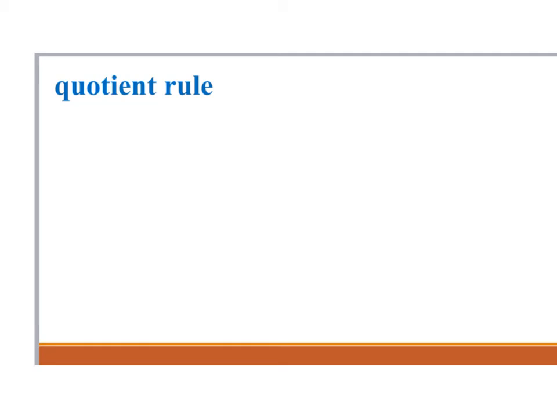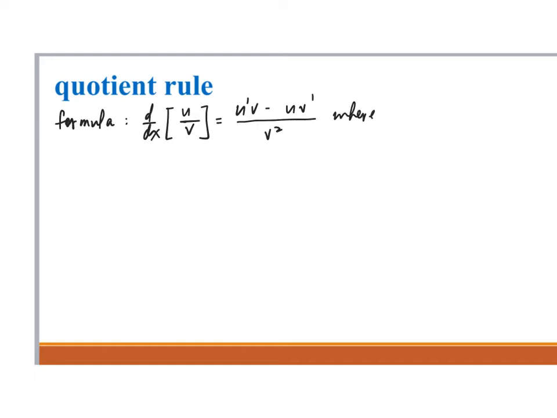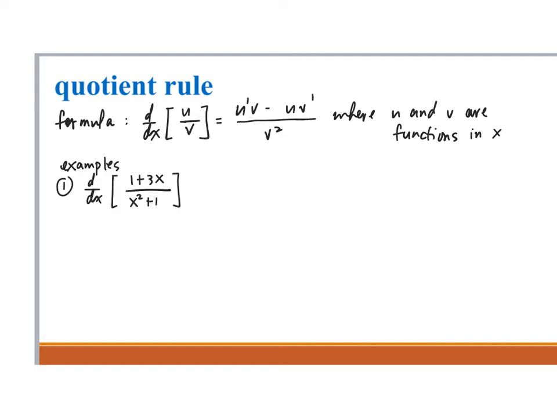The formula for the quotient rule is d/dx of u divided by v is equal to u prime v minus u v prime all over v squared, where u and v are functions in x. So for example, if you want to get the derivative of 1 plus 3x over x squared plus 1, we